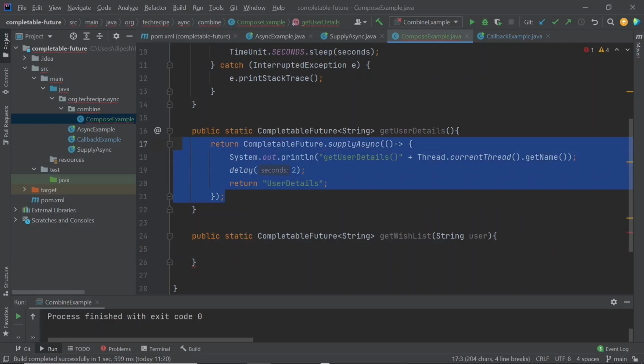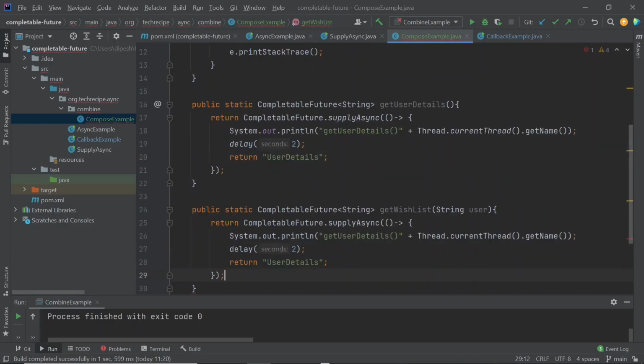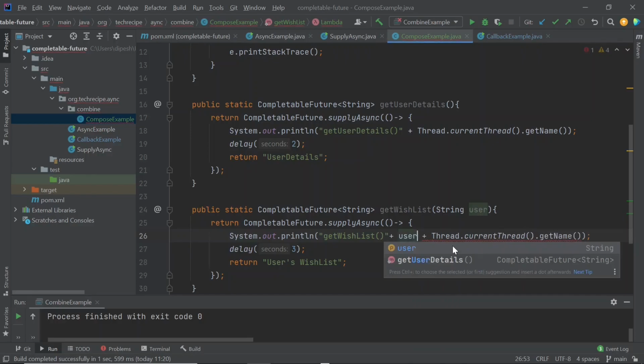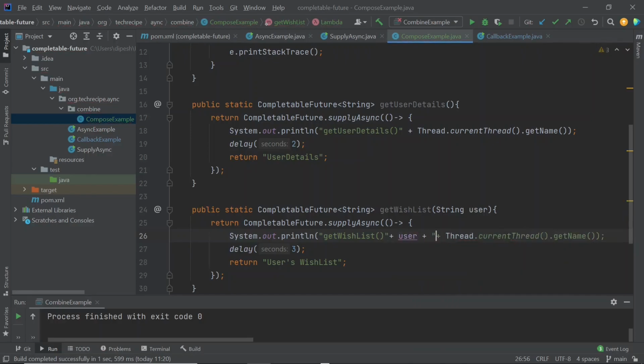We will create a similar method here, and let's say it takes more time, say 3 seconds, and we will return the user wish list. Let's also log the user information that we are receiving.